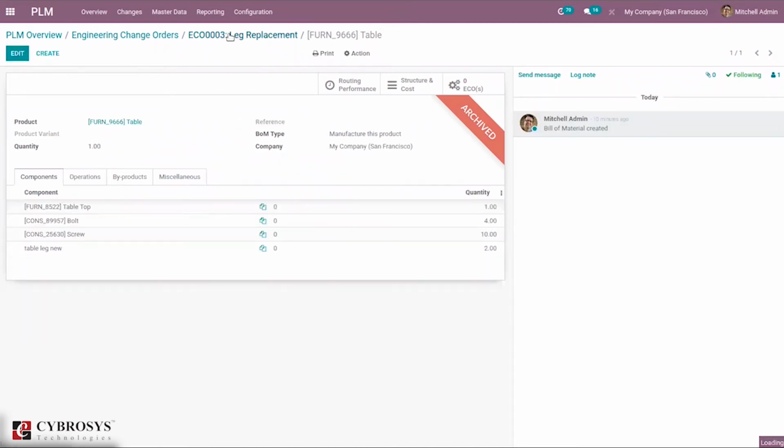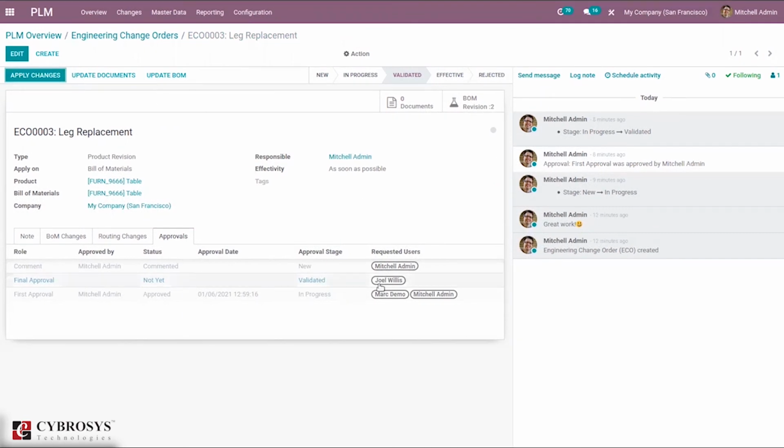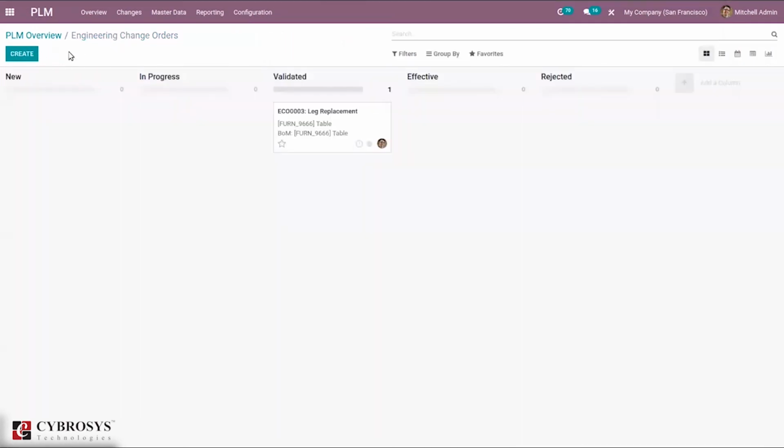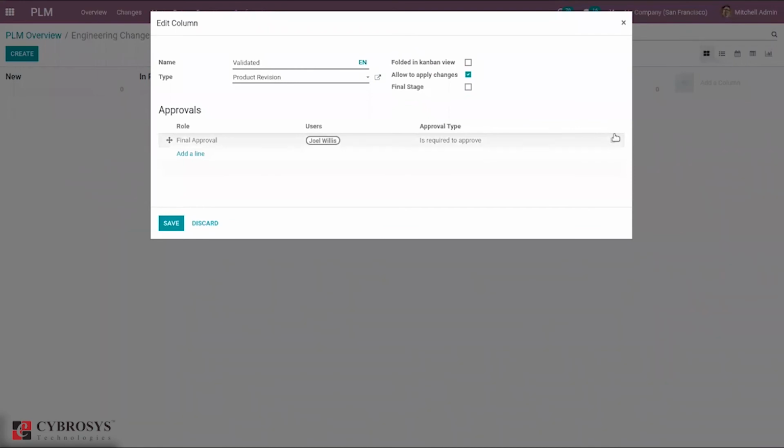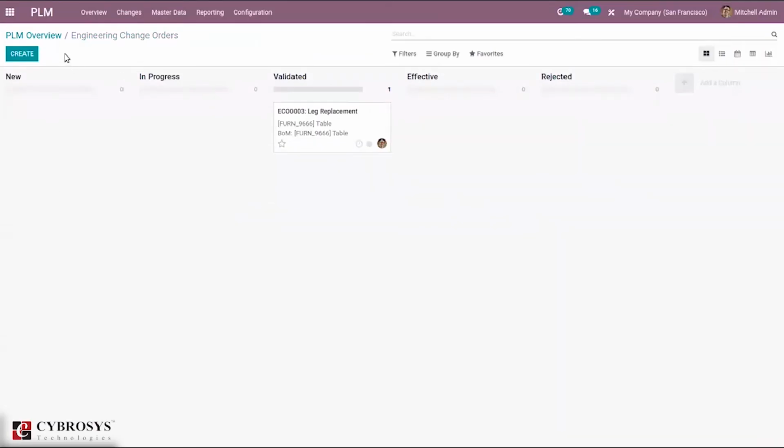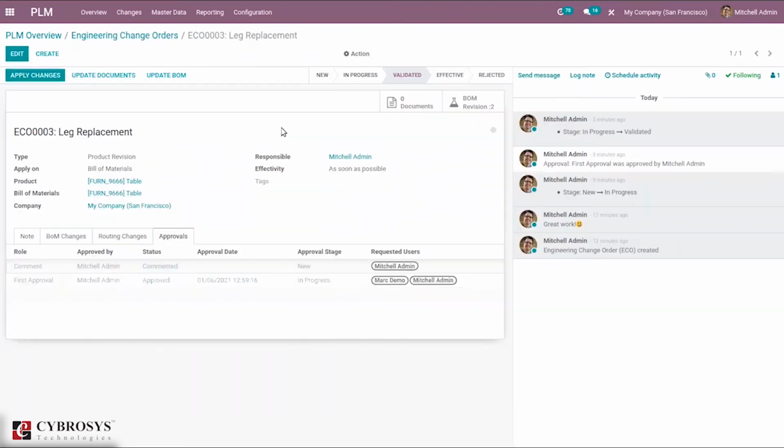And here, when you come back, if you want to remove this approval, you can just come here and edit this stage. And you can just remove this and save this. So when you go back, here it is possible to apply the change.